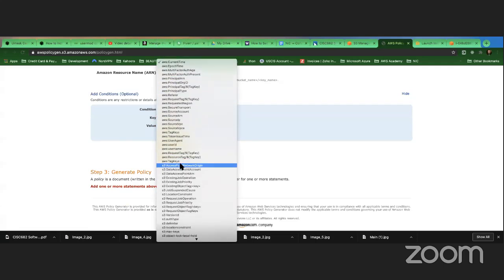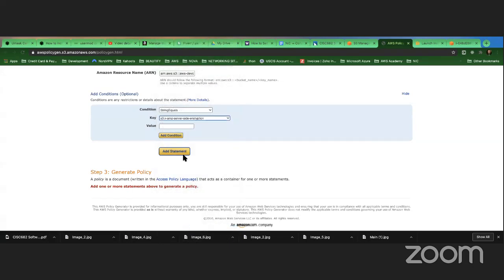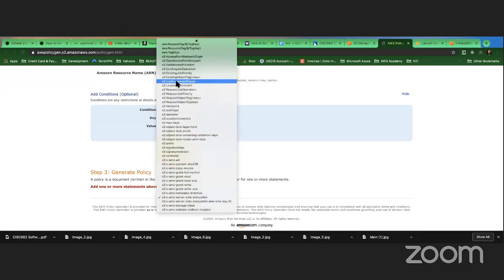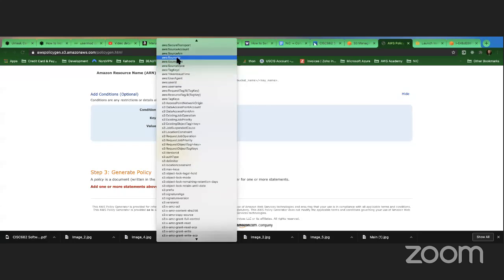And then we're going to make sure that in the header of the request, or probably the source IP.